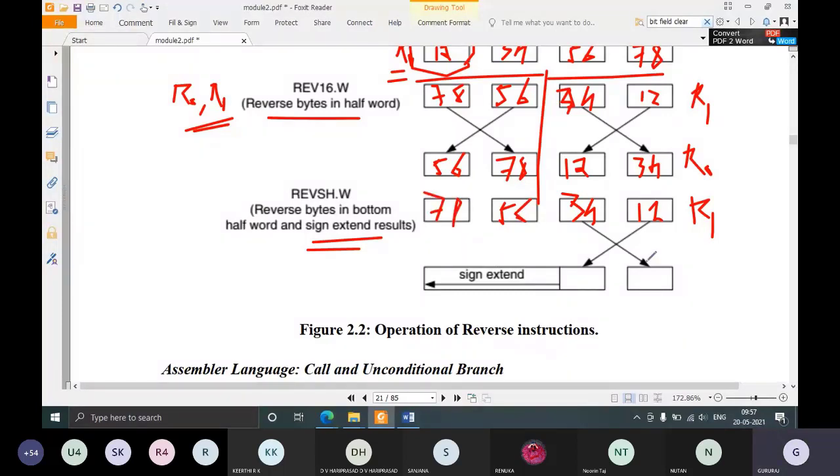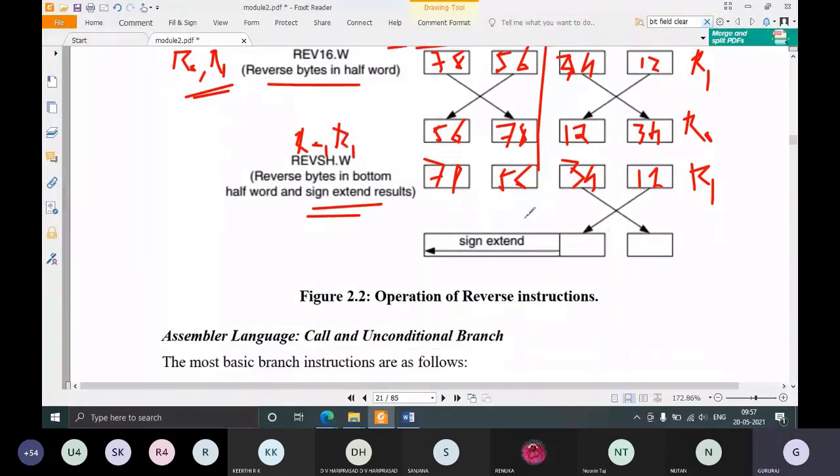Let's say the instruction is REVSH.W R0, R1. R1 value is there already, so it is 1, 2, 3, 4, 5, 6, 7, 8.